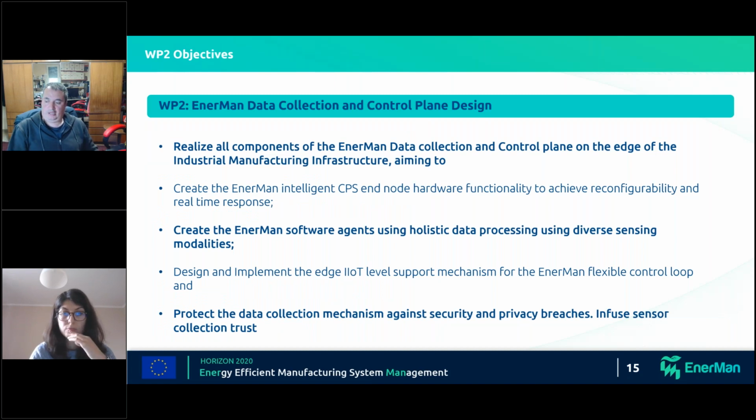The second, work package 2, was related to the data collection, and here we realized the edge component, whose job is to collect data from the industrial manufacturer infrastructure within the factory, and this is an intelligent cyber physical system that has functionality to achieve reconfigurability and a real-time response in order to adapt to specific